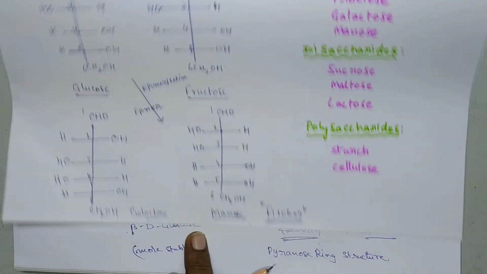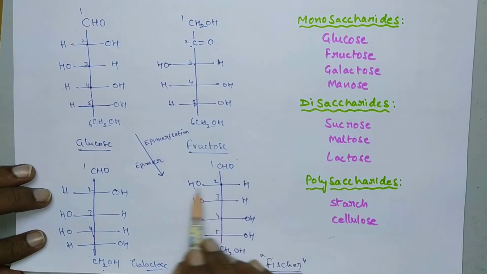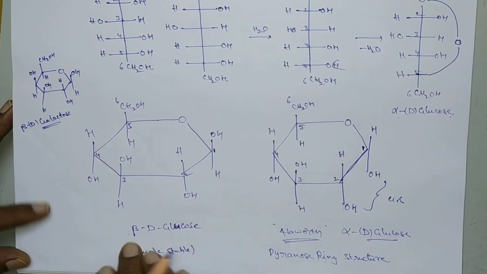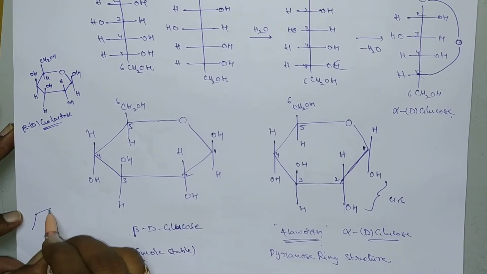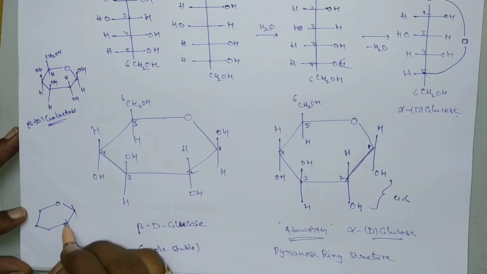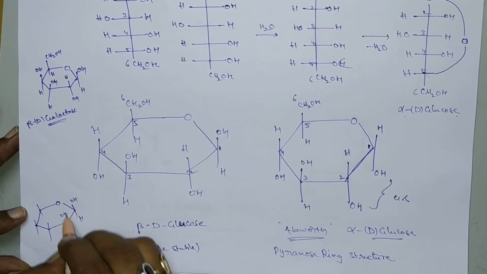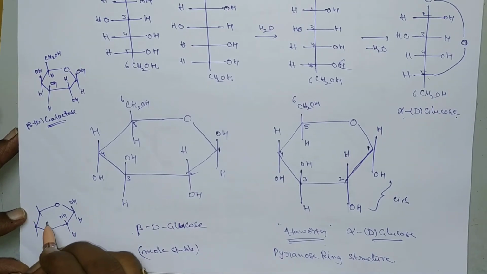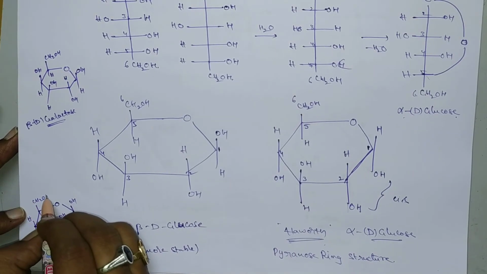So here this is galactose. And next one, mannose. So mannose means we have to interchange at the 2nd carbon. So if we interchange at the 2nd carbon for beta D glucose, we get mannose. So like this. Okay, 1, 2. This is the 2nd carbon. So OH, H. Here we have to interchange at the 2nd carbon, H and OH. So it becomes OH and H. Remaining are the same. OH, H. Here it is CH2OH and H.